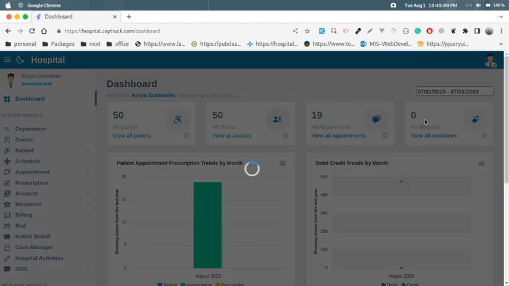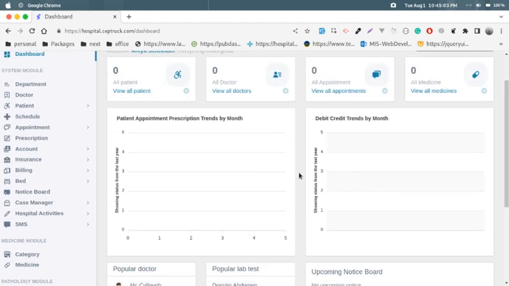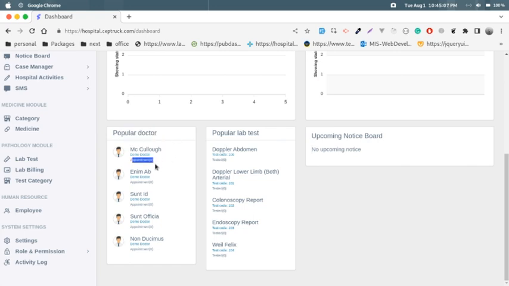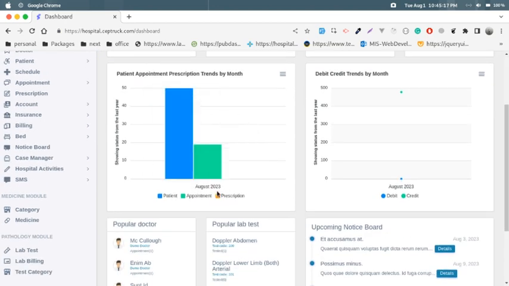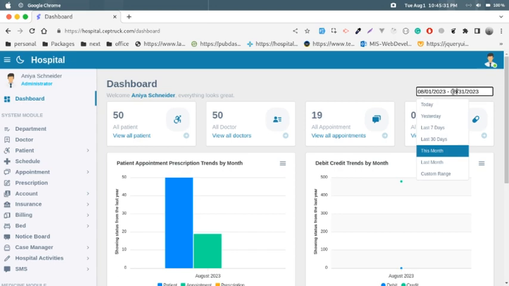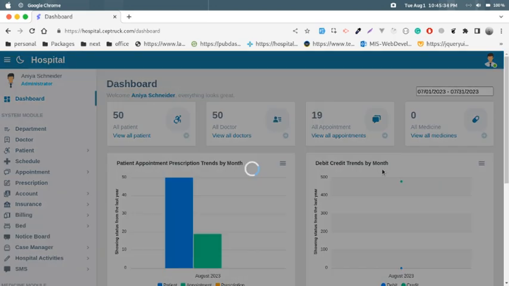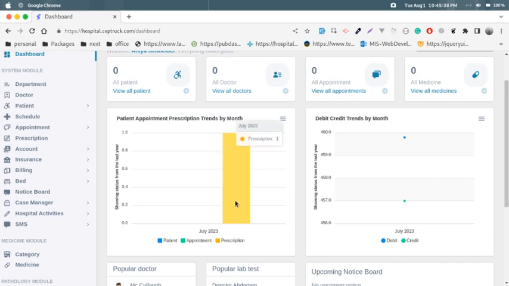Look at that, yesterday there is no data, all of the data is removed, and the popular doctor appointment count is 0 and tests 0 you are seeing. And if we see this month's report, look at that, this month is August, you are seeing that, and August 23 debit is 0 and credit is 479 and appointments are 19 and patients are 50 this month. And the previous month, last month, that means July, there is only one prescription and no appointment and no patient, and debit is 559 and credit is 457 and